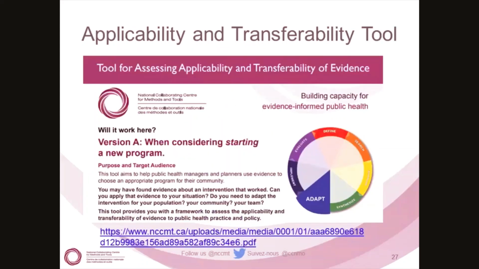Okay, so the final phase was to go through the applicability and transferability tool. And so in this instance, we met with a number of stakeholders, which included management, community partners, other key people who may be able to inform this. And so we went through the evidence, we showed them what we found through the rapid review, and people went through this tool to be able to score whether or not they thought that academic detailing was something feasible within